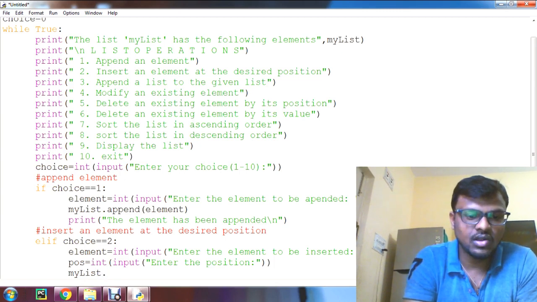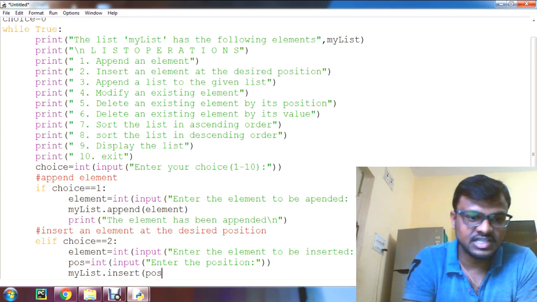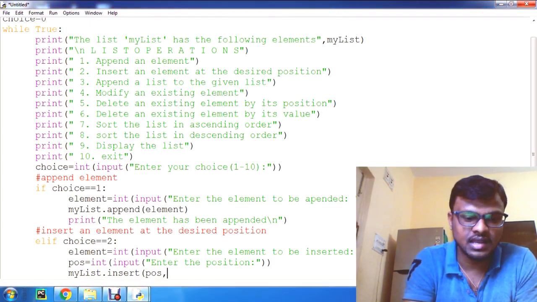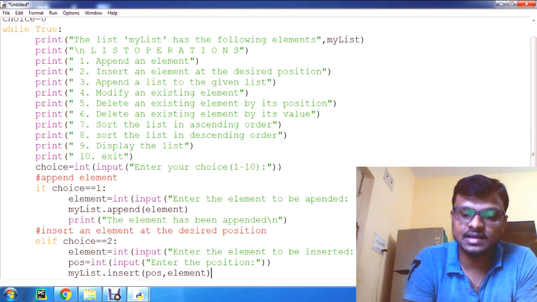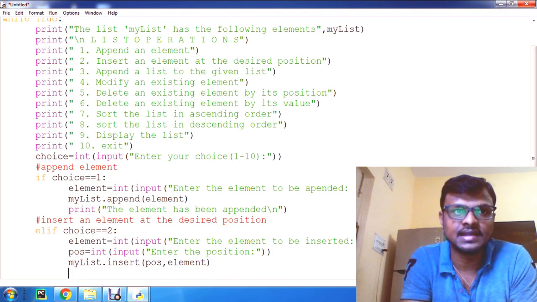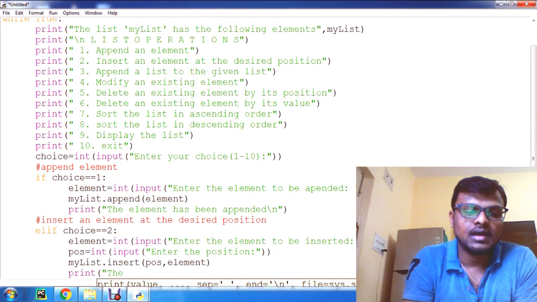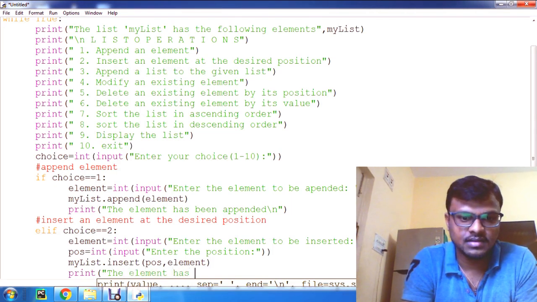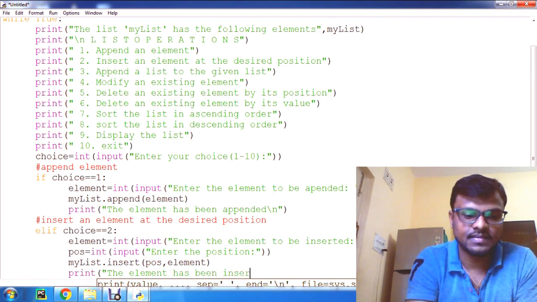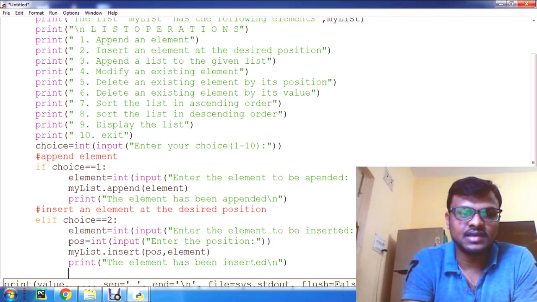Then we can call the insert function. To this insert function we can pass the arguments position comma element. Meanwhile you just observe the logic and the code, you will understand. Clear? After that we need to print one statement, the element has been inserted. So this is our small function for inserting.